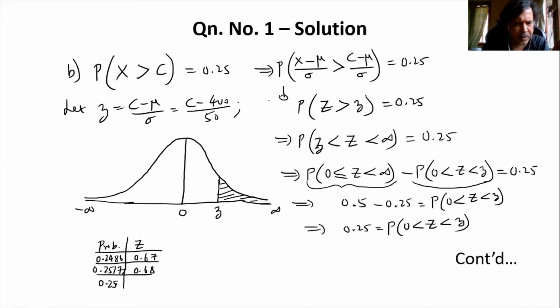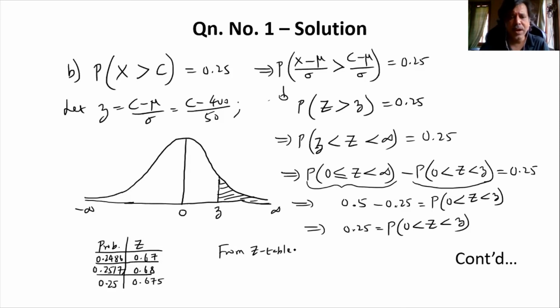So that means I'm adding these two values, 0.2486 plus 0.2517, and then dividing the result by 2, and the approximate average value will be 0.25. That means the corresponding Z value will also be the average of these two, that is 0.67 and 0.68, which will be 0.675. That means from tables, I can say from Z tables,